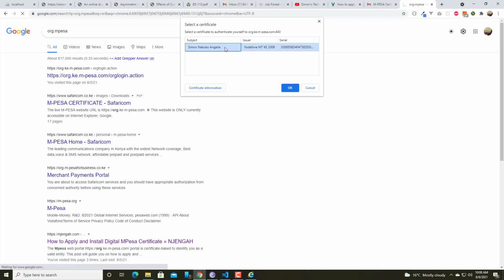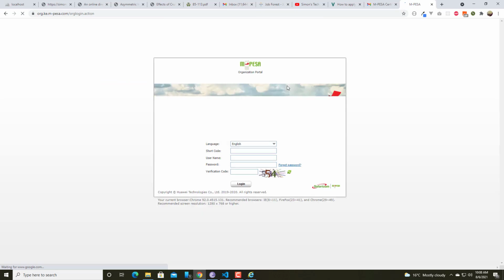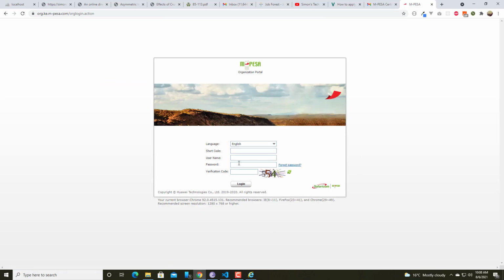And now you can see it prompts you to use this certificate, and just click on OK, and there you go. Now you have the M-PESA organization. You are able to access the M-PESA